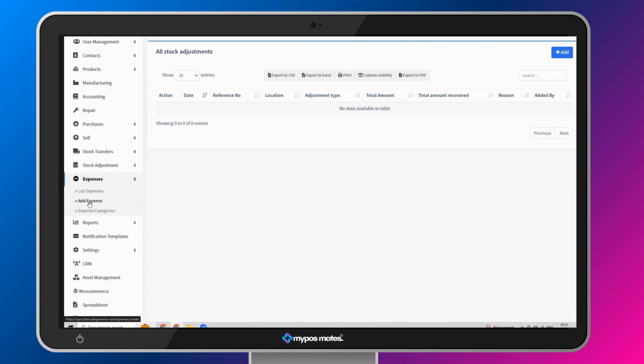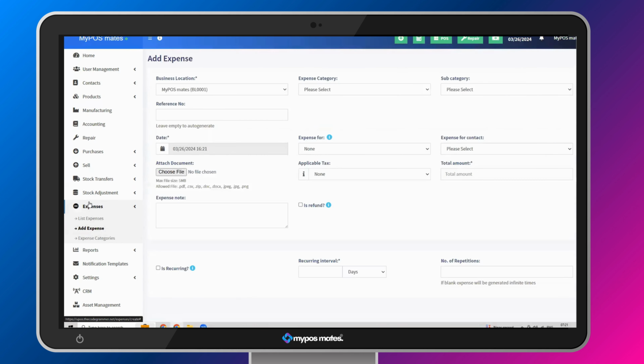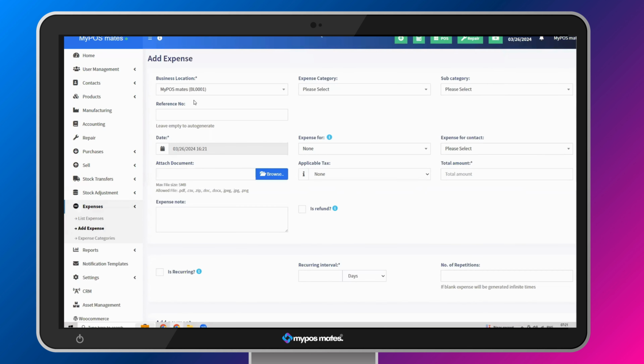So let's go to the add expenses. So when we go to the add expenses, we can see in which business location and expenses categories. So under these expenses categories you can create those categories. This can be electricity bills, then this can be salaries of employees, this can be shipping charges or whatever. So you can create the expenses category here, and you can give us a subcategory as well, and the reference